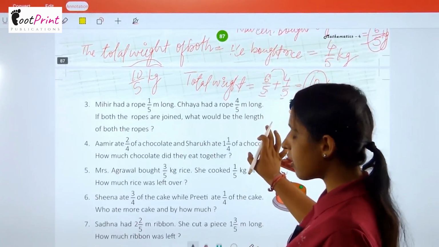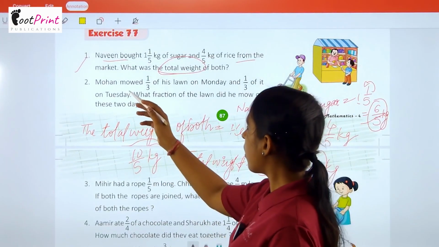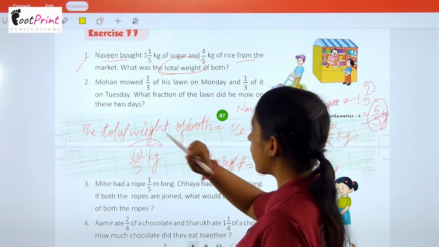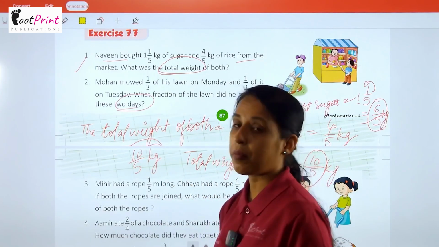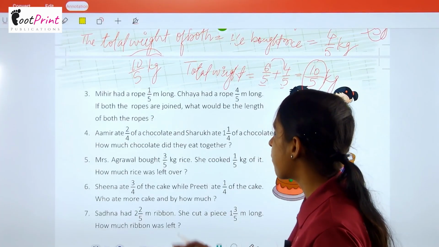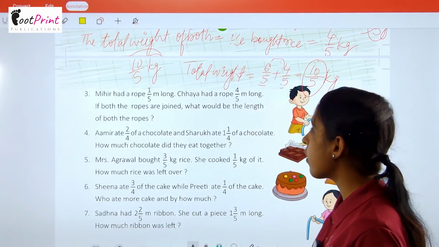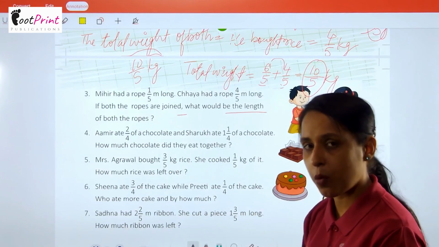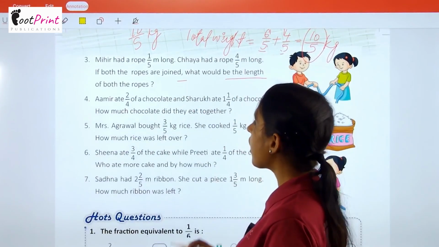So just like that you can solve all these questions. You have to subtract or add. Here Mohan mowed 1/3 of his lawn on Monday and 1/3 of it on Tuesday. What fraction of the lawn did he mow in these 2 days? तो यहाँ पे हमें add करना पड़ेगा, दोनों days का बताना है। यहाँ पर Mihir had a rope 1/5 meter long, Chaya had a rope 4/5 meter long. If both the ropes are joined, what will be the length of both the ropes? अब यहाँ पर फिर से दोनों ropes की length बतानी है। It means हम क्या करेंगे, add करेंगे।